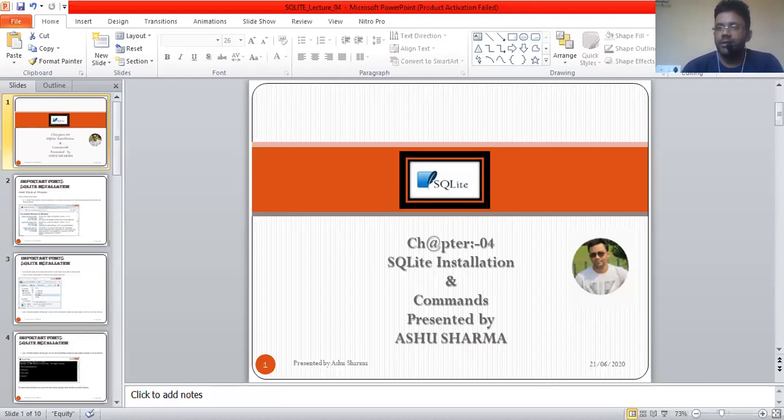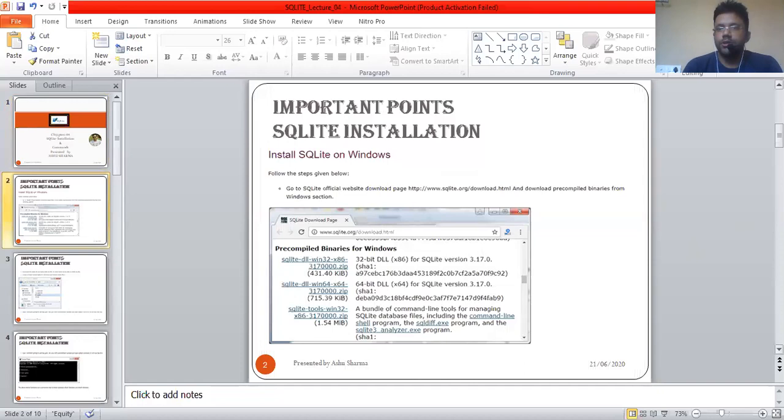Today, we will see some of the basic steps of SQLite installation and some of the basic commands. So let's start with a new slide. Here we have the first step to install SQLite on Windows. We have to first go to the SQLite official website at